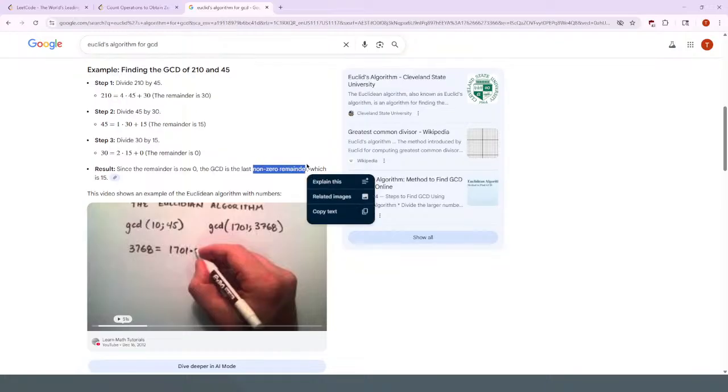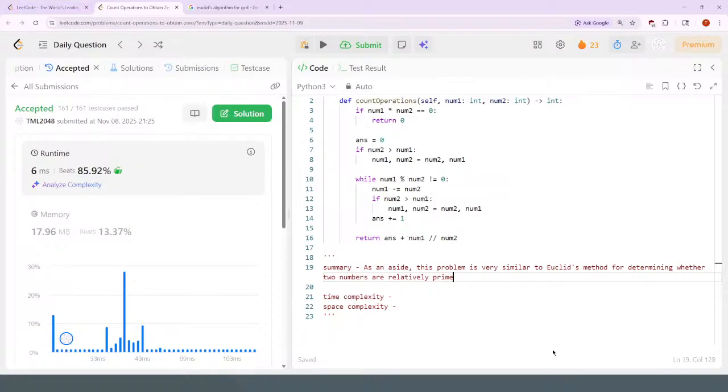Okay, last non-zero. So if it eventually hits 1 as one of the numbers, then that's going to be the greatest common divisor. Okay. Or the GCD between them. Anyways,